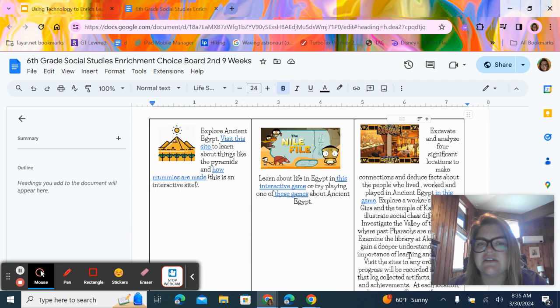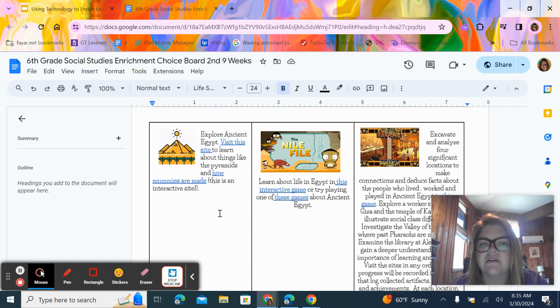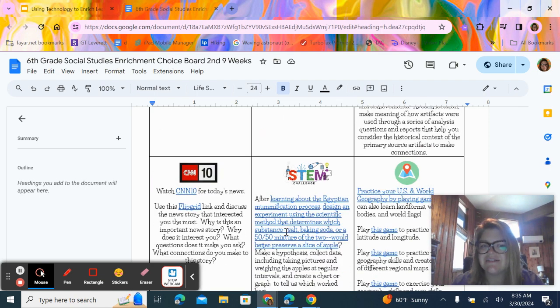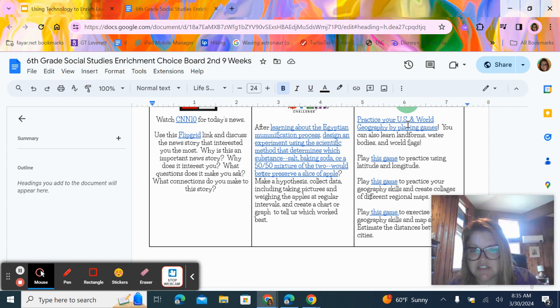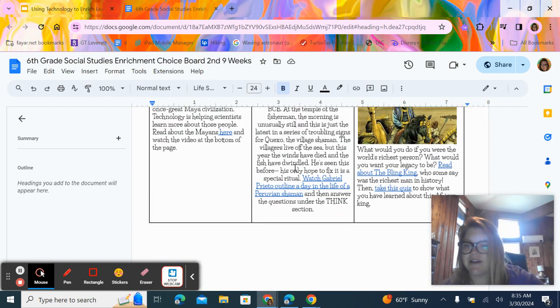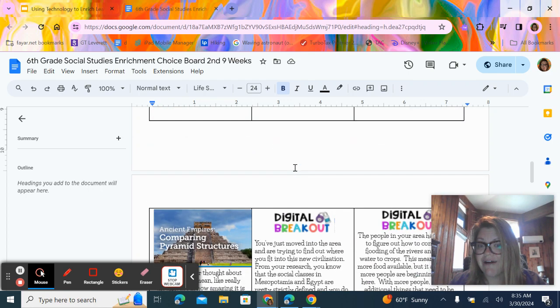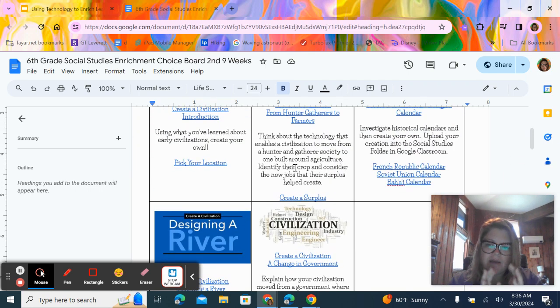You also could consider having online interactive games and different things like that, or STEM activities. And then there is also the option of allowing students to play geography games that deal with your subjects and your topics. So this is a totally free way to use Google to create extensions for the classroom. You just find little topics that maybe it's even stuff you want to teach so badly, but